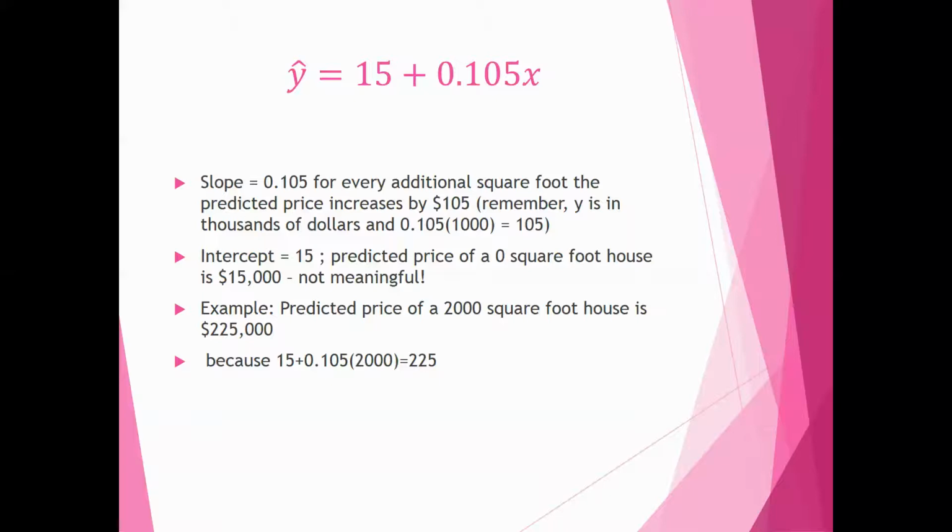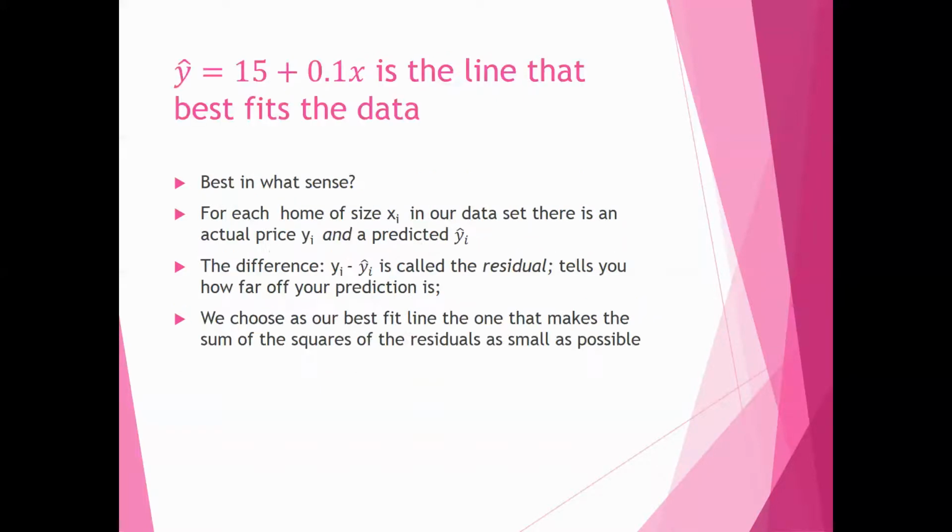Almost always the slope of a regression line is meaningful. The intercept may or may not be. And as an example of how we would use this model, in this community, the predicted price of a 2,000 square foot house is $225,000, because if you take 15 plus 0.105 times 2,000, you get 225. So that line, 15 plus 0.1x, I'm throwing away the 0.005 now, that line is the line that best fits